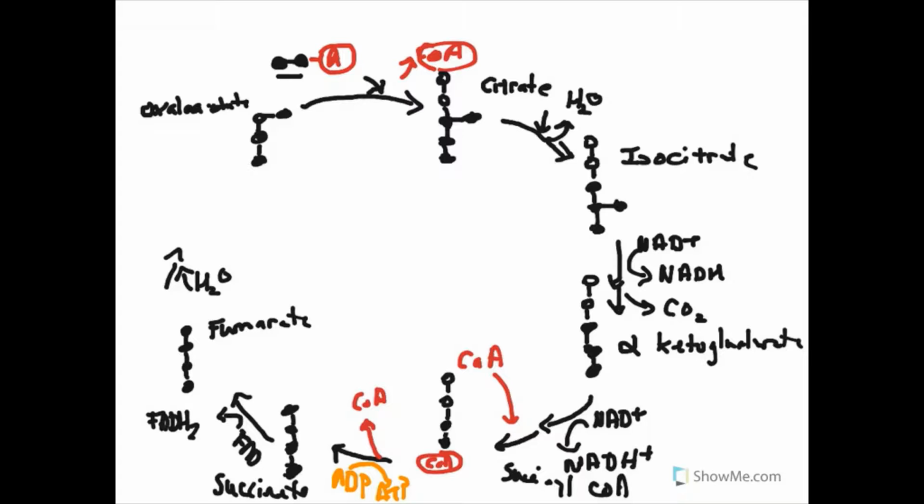Basically, we're going to make a molecule that is called malate. We're going to make some malate here. And lastly, to form oxaloacetate, you need NAD+,